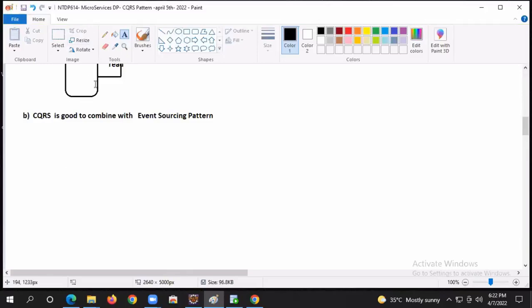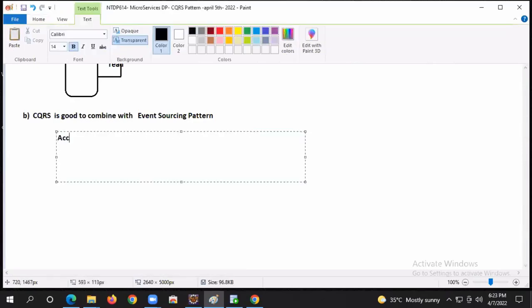If you attended yesterday's class, what does the event sourcing pattern say? Every business activity will be treated as one event, boss. Every business activity, according to the event sourcing pattern,